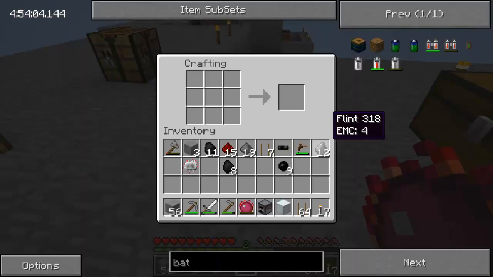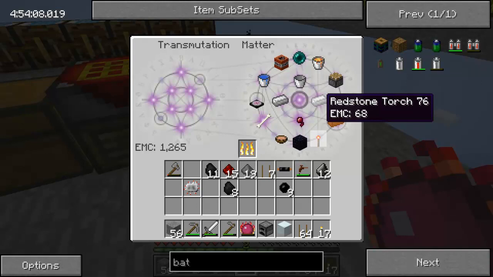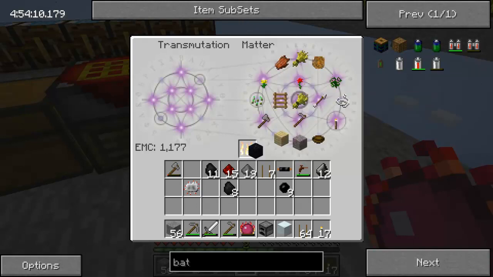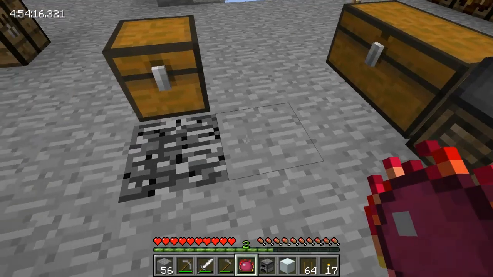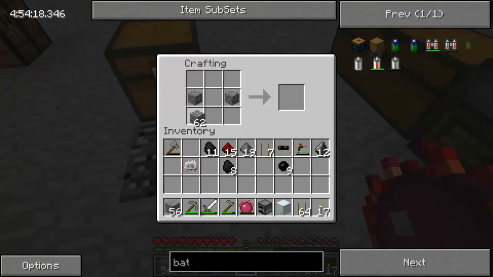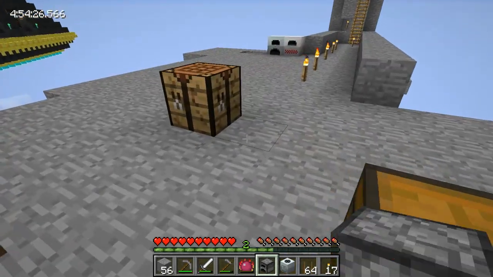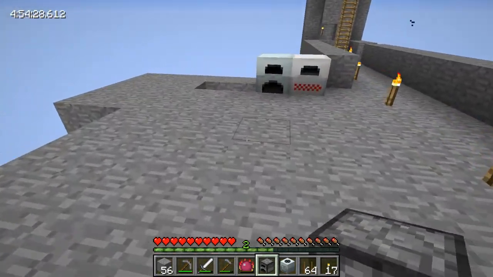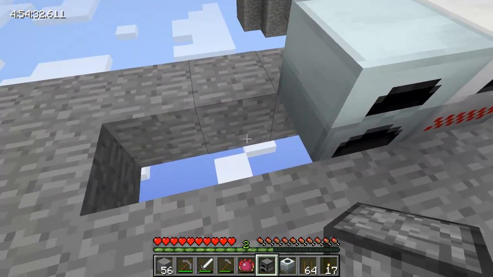Okay. Cobble. Could go with some cobble. And I have no idea why I am doing it at such a slow rate. Okay. Cobble. Circuit. Machine block. Flint. Okay. So let's think of it as we're going to have the cable there, a bat box there,